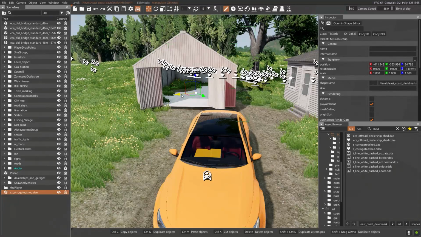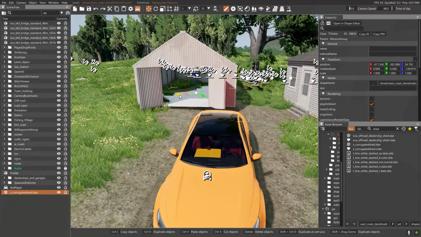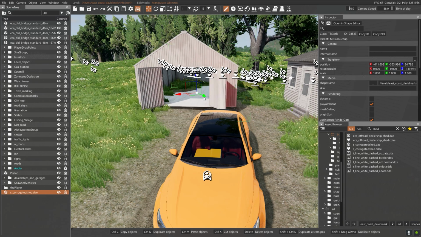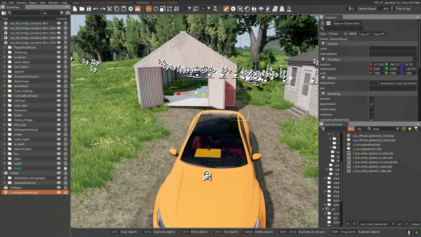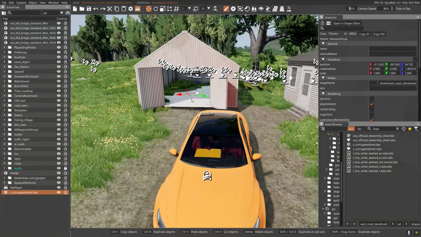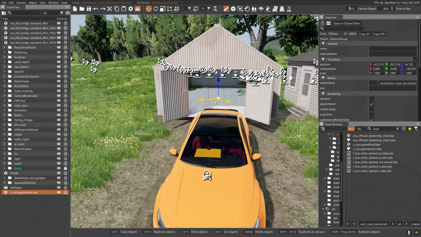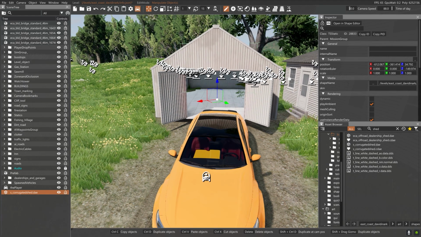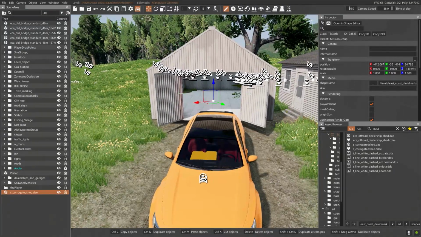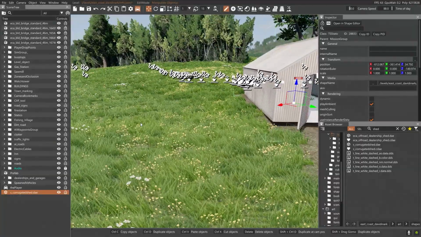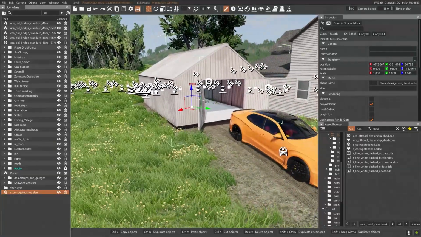translate key. And with translate, you have the red and green X and Y, but you also notice that there's a flat place in between them. So I can actually do X and Y at the same time, so we can kind of move this up here. All right, now I'm going to use WASD, so I'm going to use A to come over here, and then I'm going to hold my right mouse button down and move my mouse